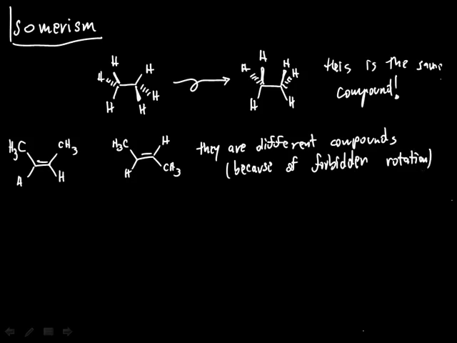However, even though they're different compounds, they're clearly similar to each other. In other words, they have the same number of carbons and the same number of hydrogens, but they do differ in their bonding arrangements, and they also differ in chemical and physical properties. They have different boiling points and different melting points and many other things. So they're truly different compounds. But to signify this similarity between them, they're called isomers, which simply means that they are compounds with the same composition but different structure.